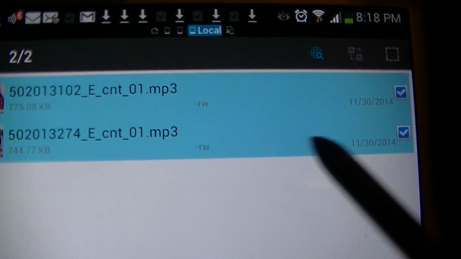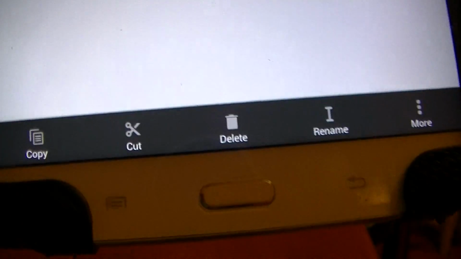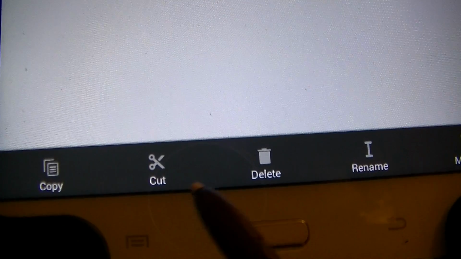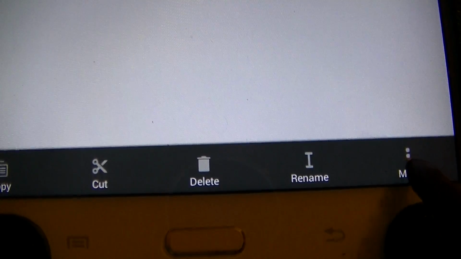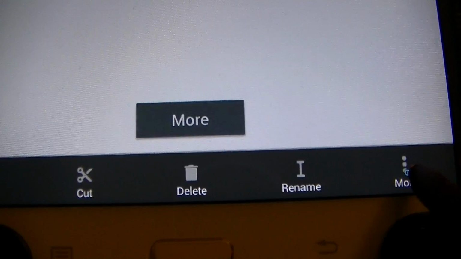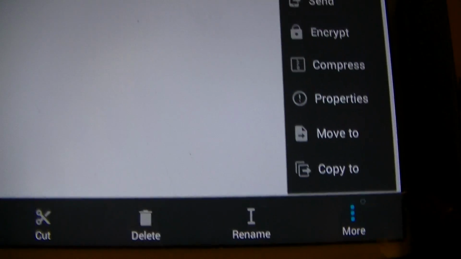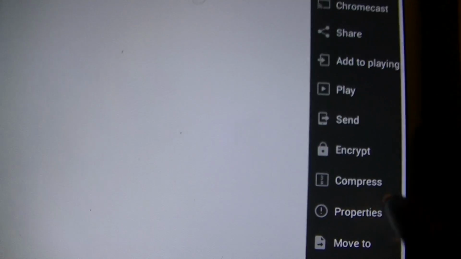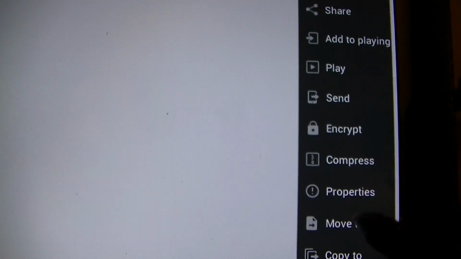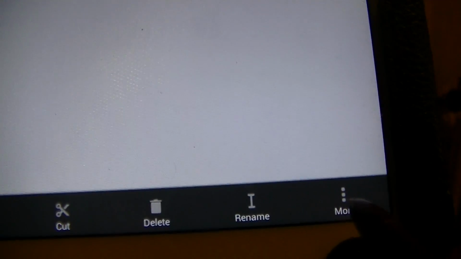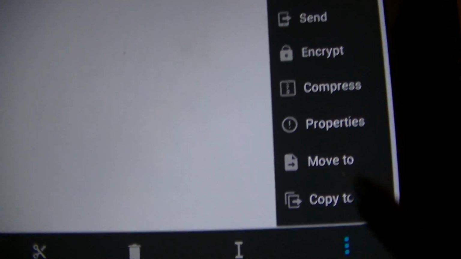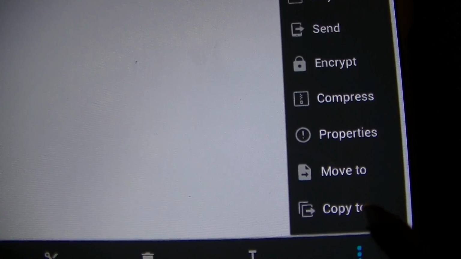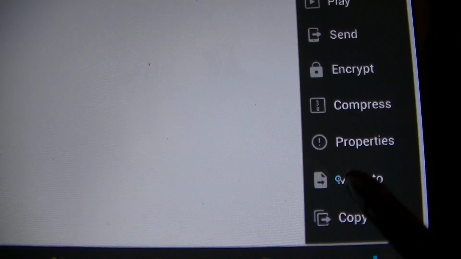Now if you go to the bottom of the screen after you've highlighted the audio files, you will see this menu: copy, cut, delete, rename, or more. Let's click on more, or tap on more, not press on it, tap on it, and then you're going to get this menu. So for the sake of demonstration, let me do it again. Tap and you get this menu. Then we're going to choose, out of all of these things you can do, move to. So we click on move to,